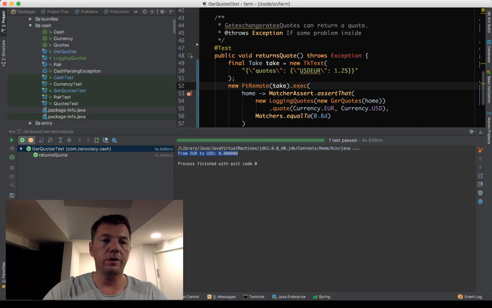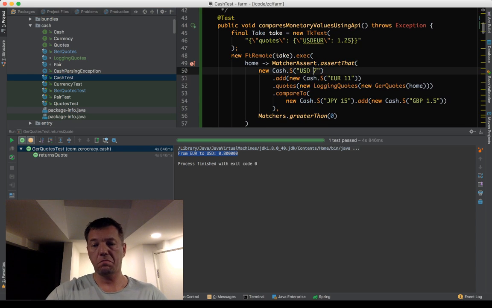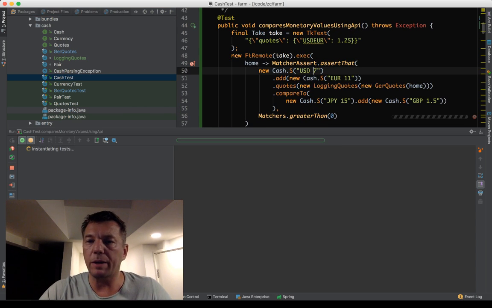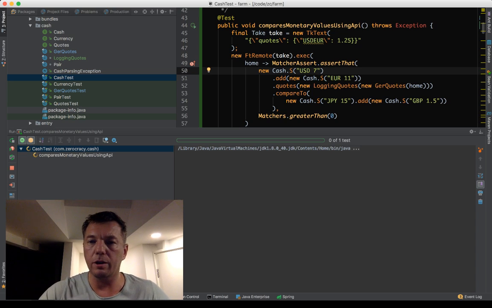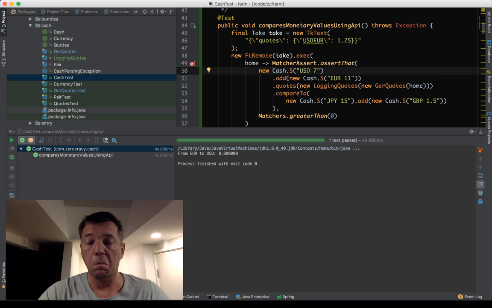Okay, let's try this one, the test, which is kind of weird because here I'm expecting a number of requests. I'm expecting questions about dollars to euro, to Great Britain pounds, from euro to USD, only from euro to USD. What about Japanese yen?